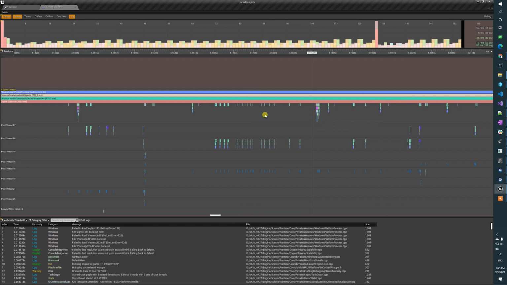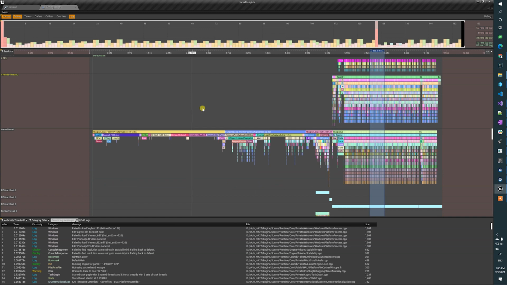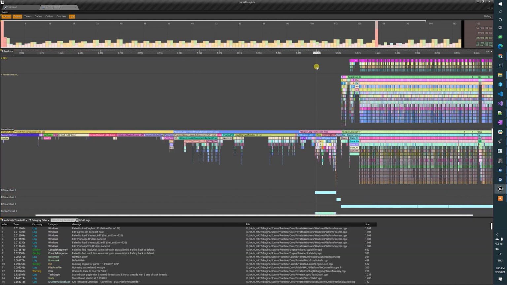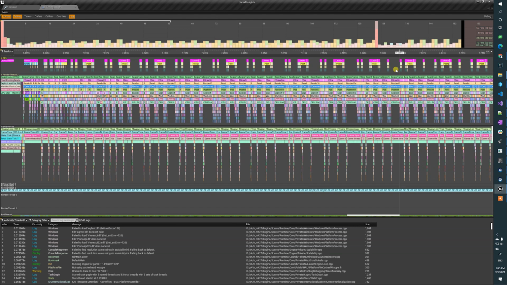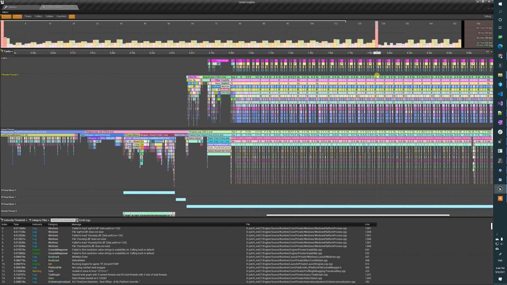Maybe one last thing to mention is that when you're running a multi-GPU system, you will see two tracks, one for each GPU, and they will be labeled accordingly. For example, as is typical with our in-camera VFX tool and display, you may want to render your inner frustum in the second GPU and then the other ones in the first GPU. Then you'll see only the inner frustum render GPU times in the GPU 1 track, and the rest will look kind of like this in the first GPU track.